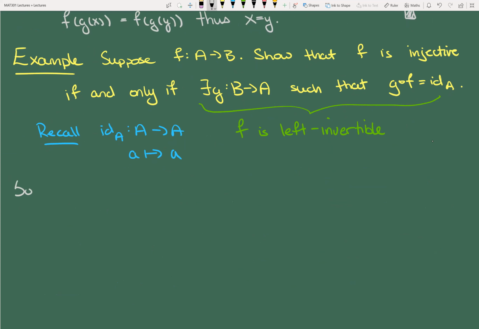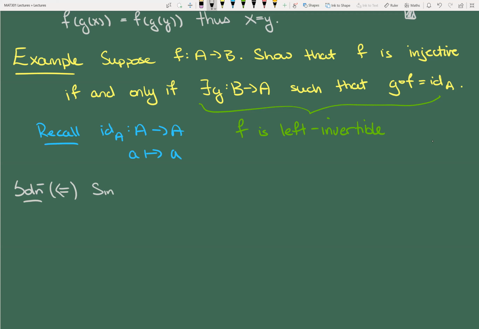So solution. We're going to do this direction first. So, which one do you guys want? Do you want me to write out just look at the previous example, clearly the identity map is injective, so f is injective, or do you want me to redo the proof? Do you care? Which one do you want? Because I'm happy to do either one. I mean, as a mathematician, and I think this should be true of all of you as well, you should strive to do the least amount of work possible, right?